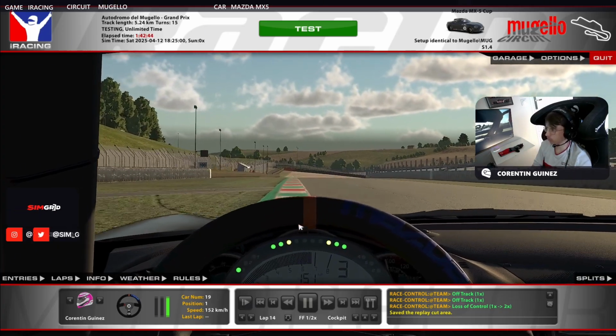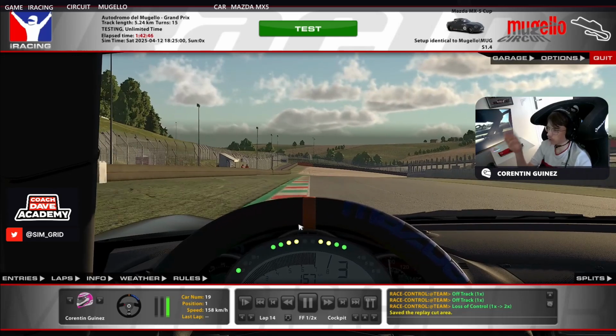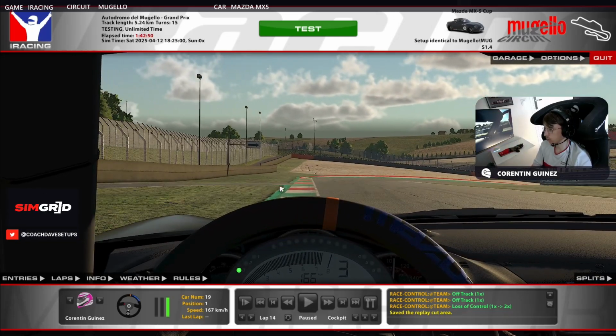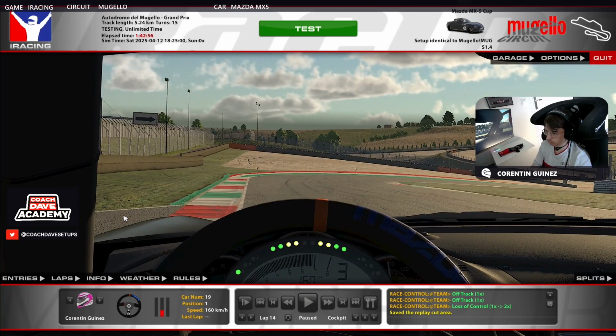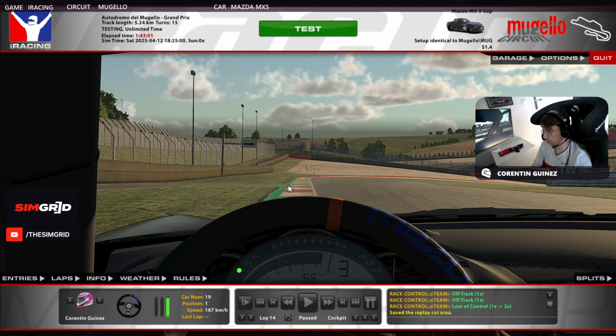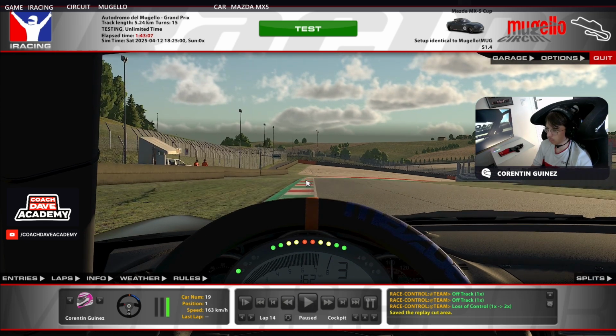Then we will end into the really fast part of the track with all the fast swooping corners. So for this one, I'm just using the exit road, like when I'm getting close to the exit road, as you can see, I'm starting to turn to the right. And then once I'm near the exit road, not quite alongside the exit road, but just close to the exit road, I think it's pretty much the same as what I said during the GT4 lap guides. I'm using the exit road as a reference because this